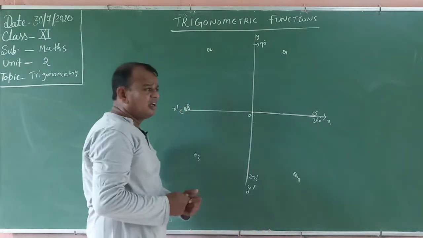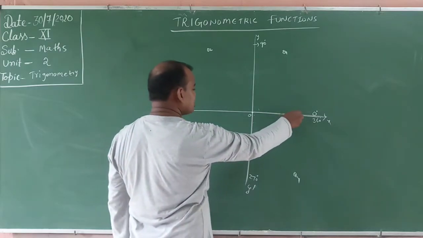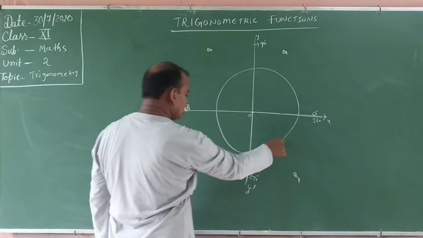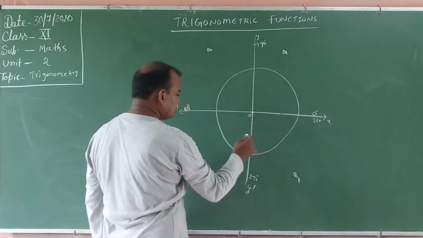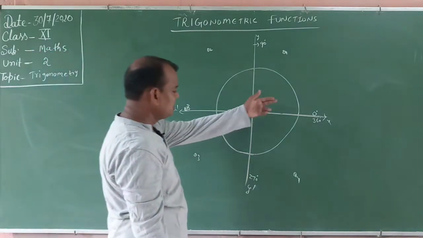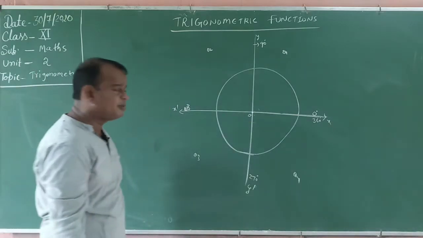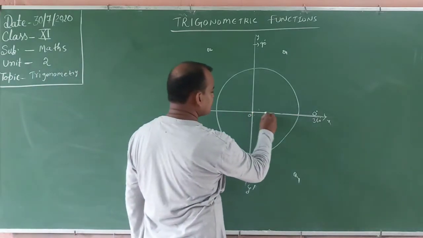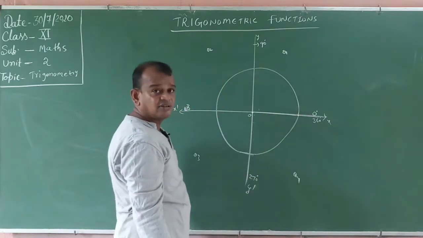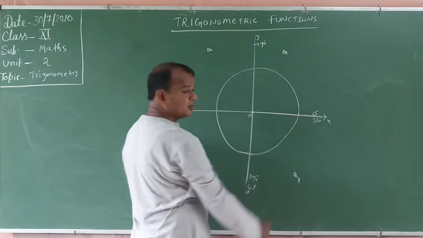Now you can take the unit circle. What is the meaning of the unit circle? You know very well, unit circle means the radius must be equal to 1. I am explaining one part, after that we will do the other one. This is the unit circle, and this is the initial line, OX is the initial line. Now suppose you take any point here, no problem at all.